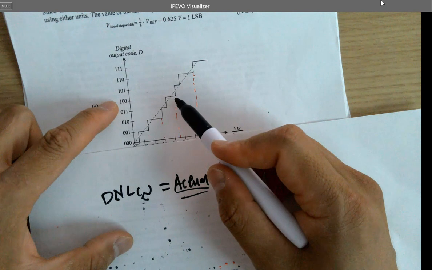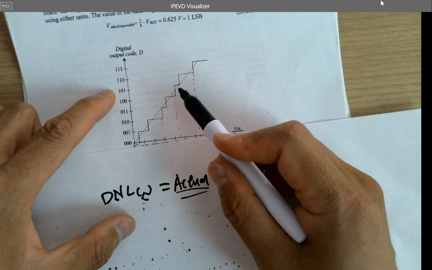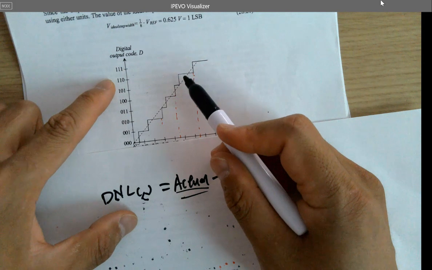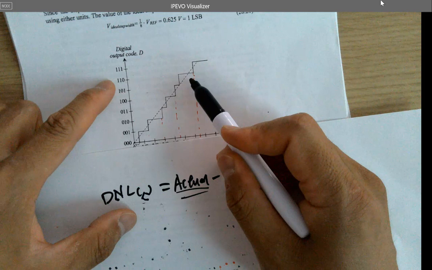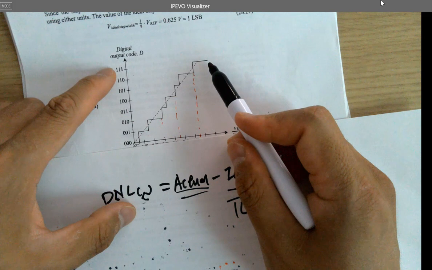DNL4 is 0. DNL5, it's another negative 0.5 LSB. And DNL6 is positive 0.5 LSB. And DNL7 is